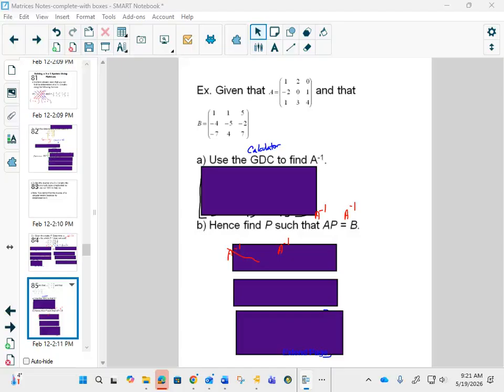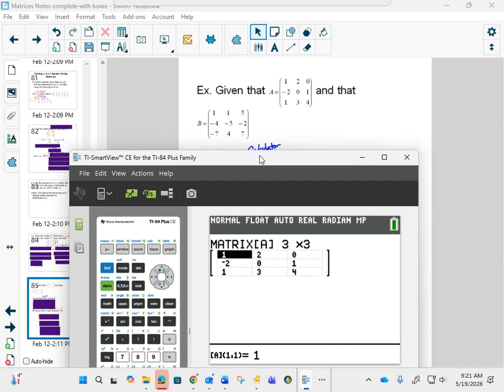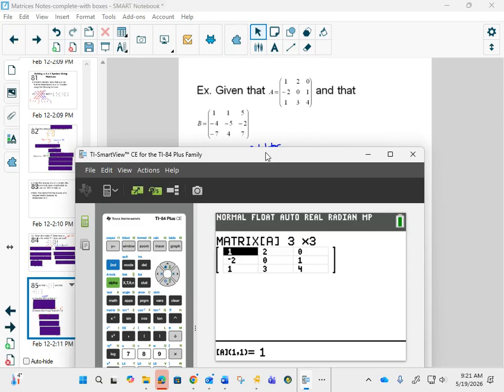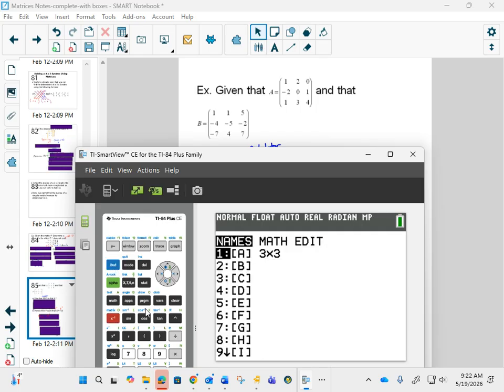All right, I'm going to just bring this in here. Oh, then you can see it there. So matrix A: 1, 2, 0, negative 2, 0, 1, 1, 3, 4. That's good. And now I'm going to go second matrix and